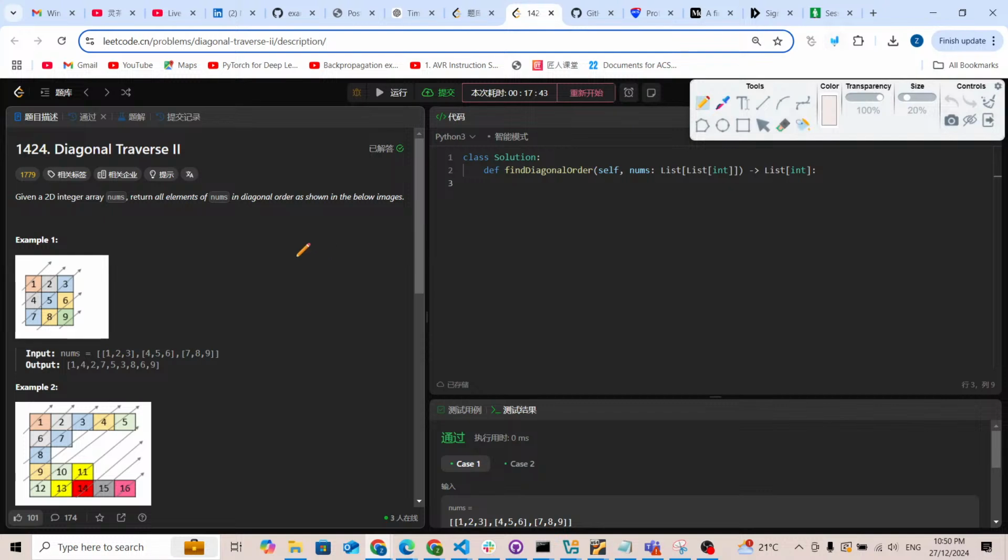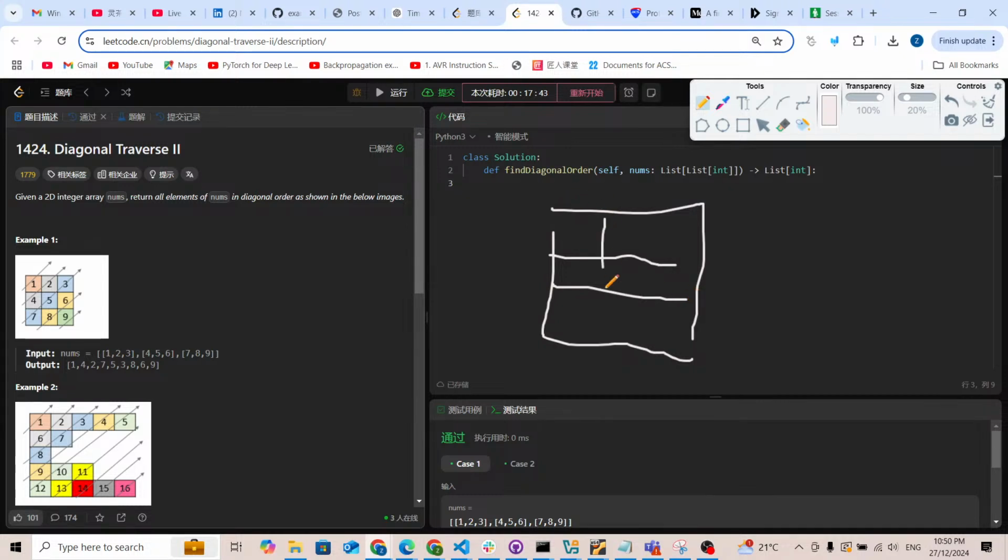because there are some properties about this diagonal. For example, if this is a 3 times 3 matrix, so what is inside? Basically i and j, where the row is i and the column is j. So this is 0 0, so i plus j is going to be 0, and here i plus j is going to be 1, and here i plus j is going to be 2, and this position is going to be 3, and this position is going to be 4. This means we can use a dictionary directly to solve the problem,